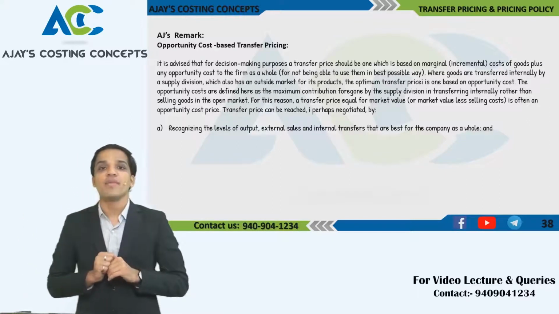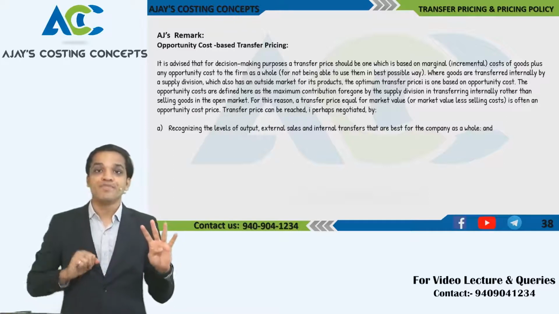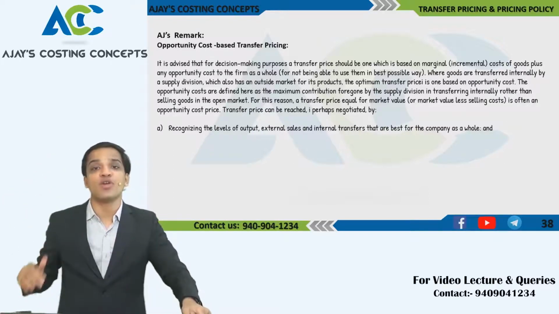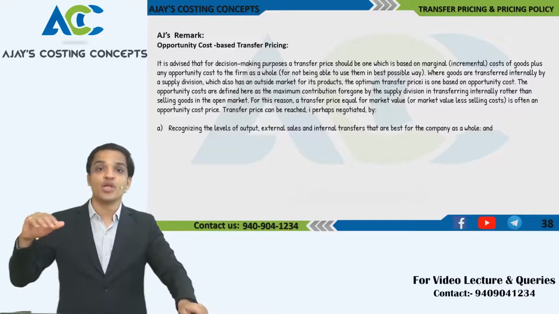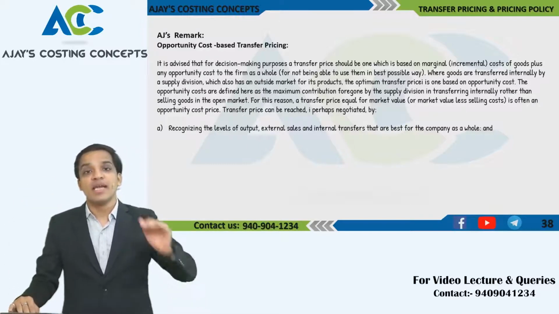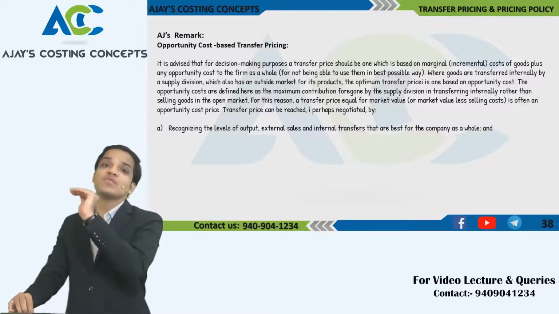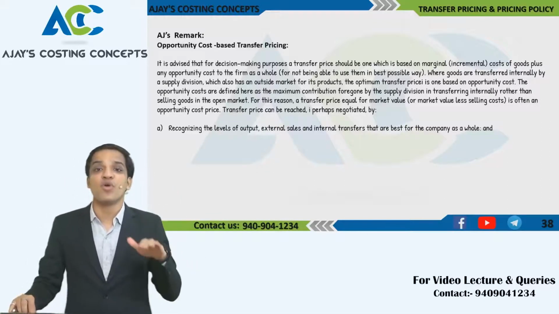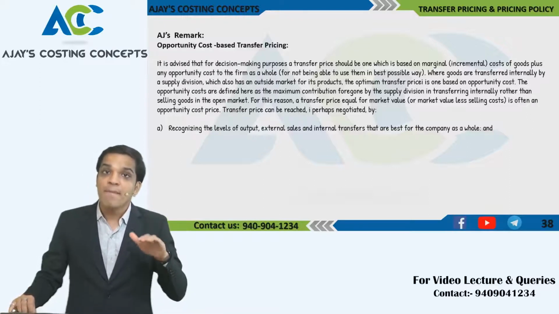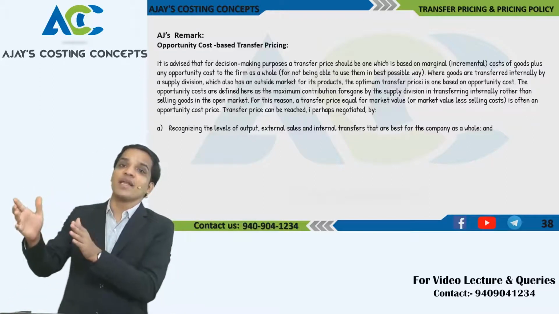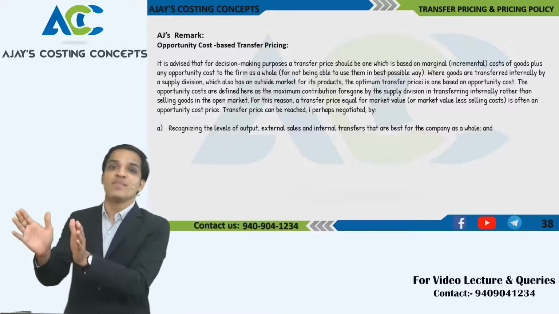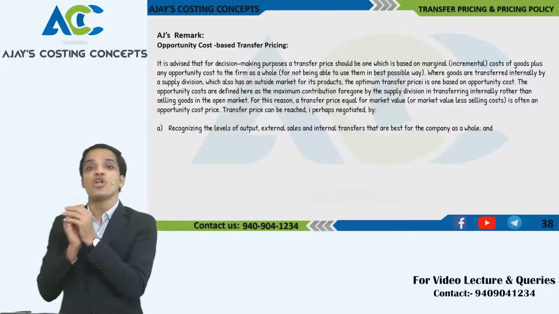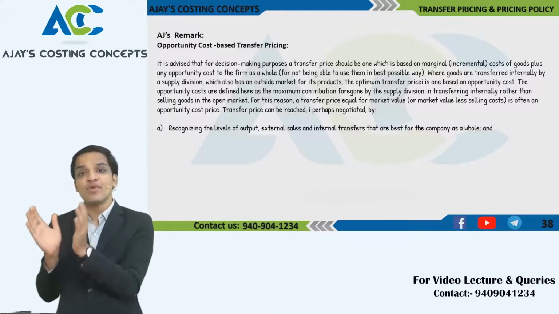Example: my variable cost of production is 40, my selling price is 44, but the market selling price of the substitute or competitive products is 45. Then the maximum price we can set is 45, but the minimum price I can set is 40, that is the variable cost. But if this product has a market demand and I am not selling in the market at 44, I am losing a contribution of 4 rupees